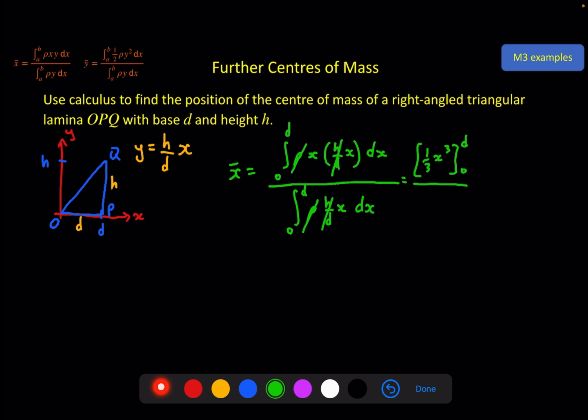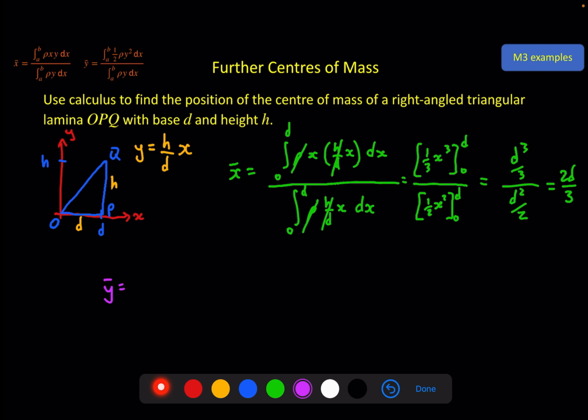In the denominator we're integrating x, which gives us a half x squared from 0 to d. Because of the 0 there, that makes it quite easy. We've got d cubed over 3 over d squared over 2, which gives us 2d over 3, which agrees with what we know about triangles. The center of mass of the lamina should be 2/3 along this median. For the y coordinate,